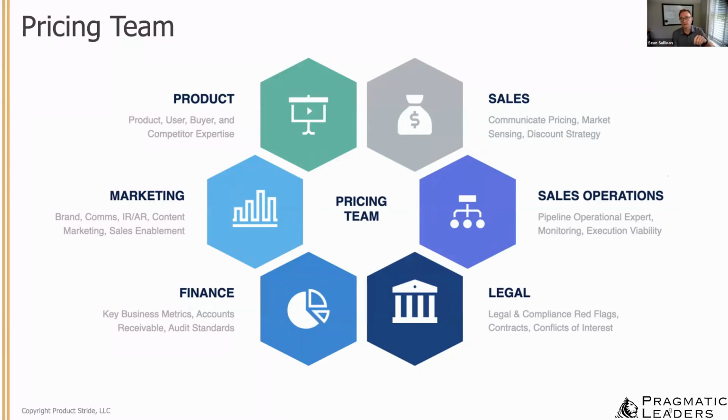They're going to represent the product's management stakeholders, as well as you need to have stakeholders from sales, operations, legal, of course, and finance, because they understand the metrics and how you're going to recognize revenue. Marketing, in particular, if you're doing a skimming strategy, you really need marketing on your side because you have to sell the brand and the value that you're hoping to deliver to your customers. So this is critical, and I